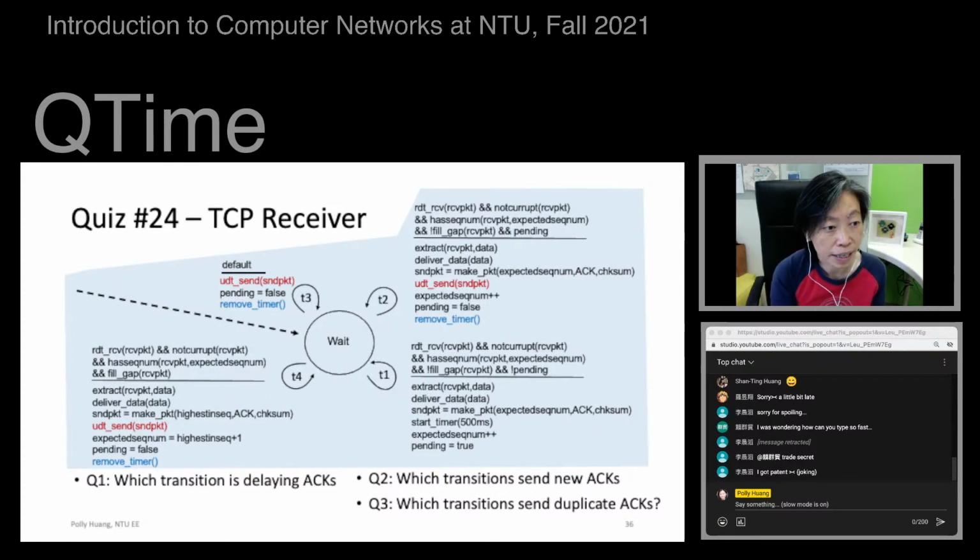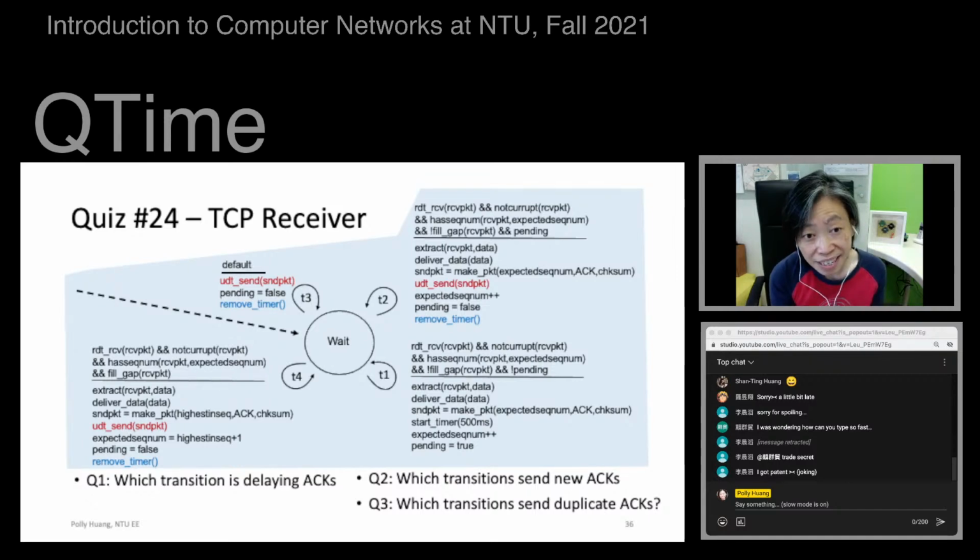T4, on the other hand, let's see what it does. It's triggered when we receive a packet and the packet is not corrupted. It has the expected sequence number. Oh, but it fills the gap. If that's the case, we extract data and pass the data all the way to the latest data that we received in order. So this is a retransmission of an earlier gap. We generate an ACK, and the ACK is also all the way to the end of the sequence numbers received in order.